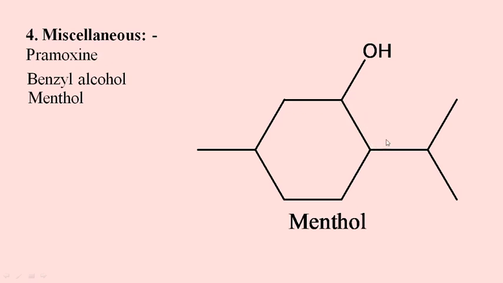At position number 2, look at the group attached. It is having 1 carbon, 2 carbon, 3 carbon, so propane, but this is isopropyl. Okay. At position number 2, it has isopropyl, and at position number 5 there is a methyl group. So its IUPAC name is 2-isopropyl 5-methyl cyclohexanol. Okay, it is obtained from peppermint plant. I have said earlier, menthol has local anesthetic and counter irritant qualities, and it is widely used to relieve minor throat irritation. Menthol also acts as a weak kappa opioid receptor agonist.